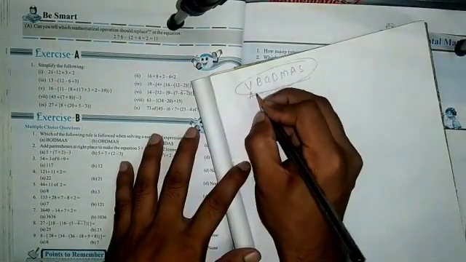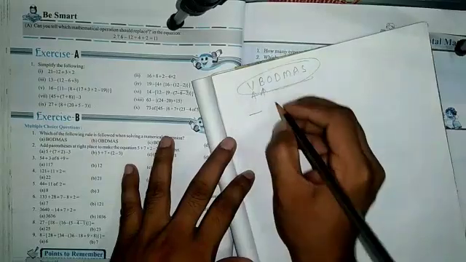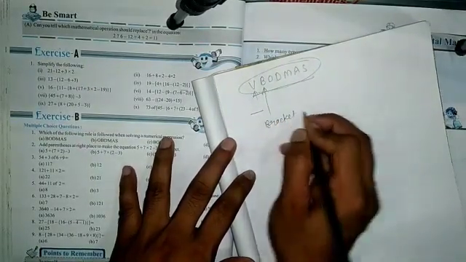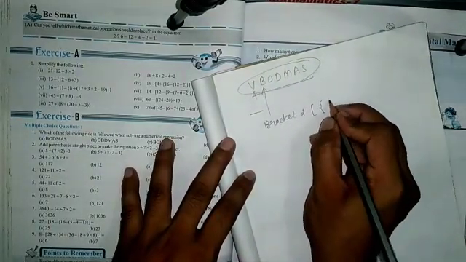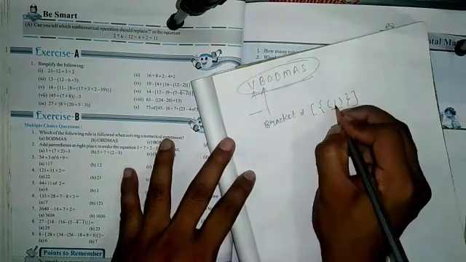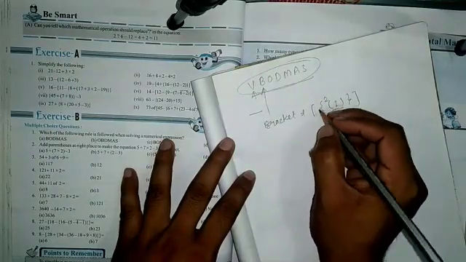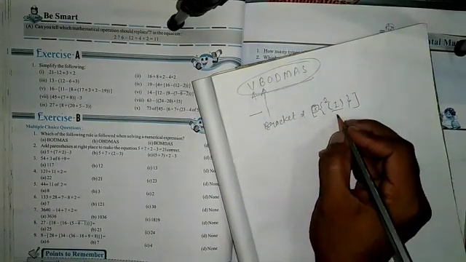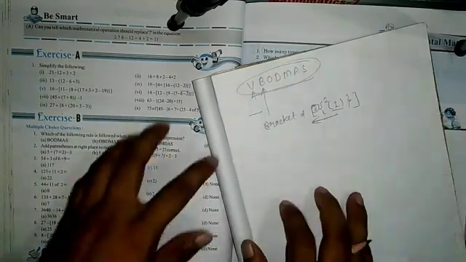So this is the vinculum sign. Vinculum sign is like this. B means bracket. Brackets have three types: big bracket, curly braces, or small bracket. First we will solve the small bracket, then after that the second bracket, and lastly the big bracket, and we go through it from inside to outside.